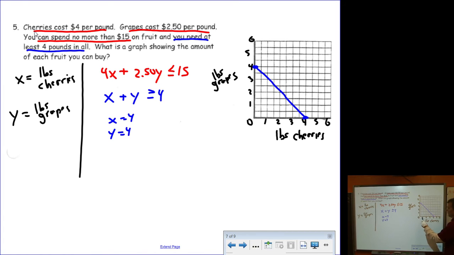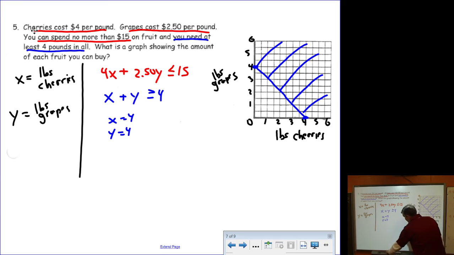And let's put in 0. 0 is great, that's false. This is going to be above the line. When I put 0 into the equation, it was not true, so the answers are on the other side of the line. The red equation, the x-intercept is going to be at